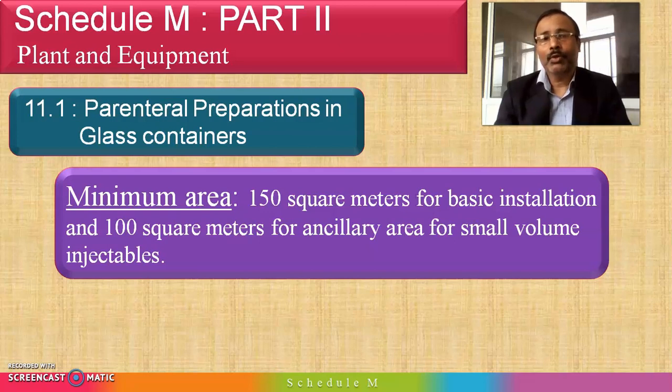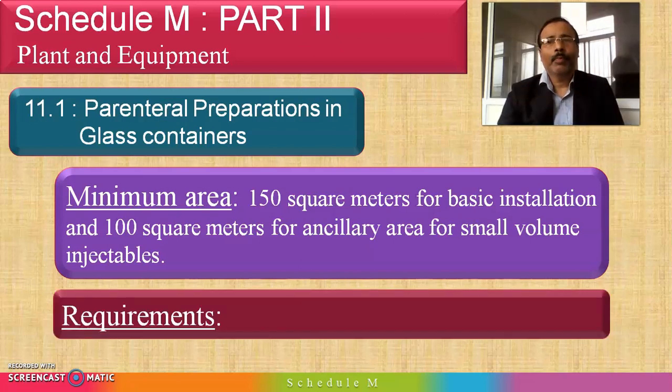Right. So now check out the equipment which is necessary for the parenteral preparation in glass container. It includes distillation unit, then deionized water unit, then thermostatically controlled water storage tank, then transfer pump, then SS service line for carrying water, then automatic rotary vial, bottle or ampoule washing machine, then automatic closures washing machine, dryer, double-ended